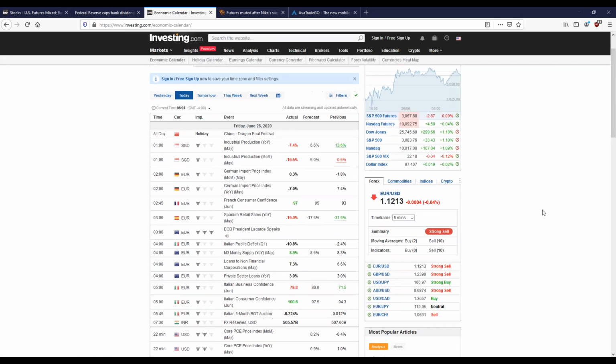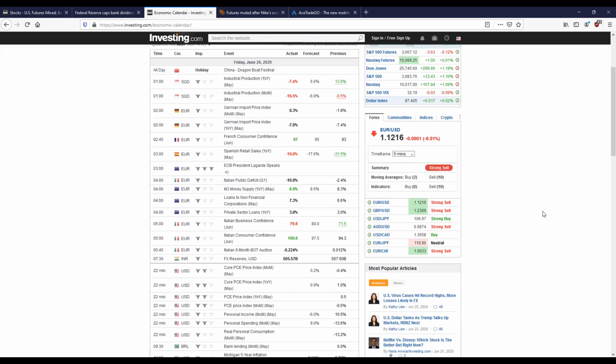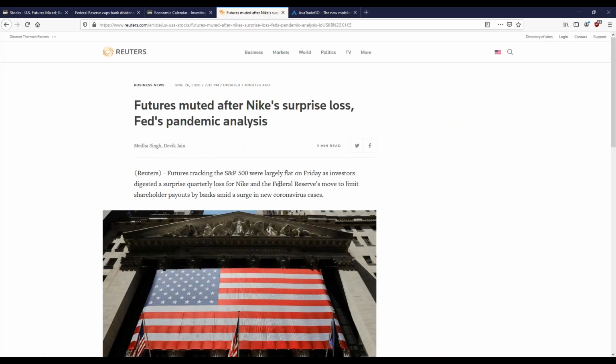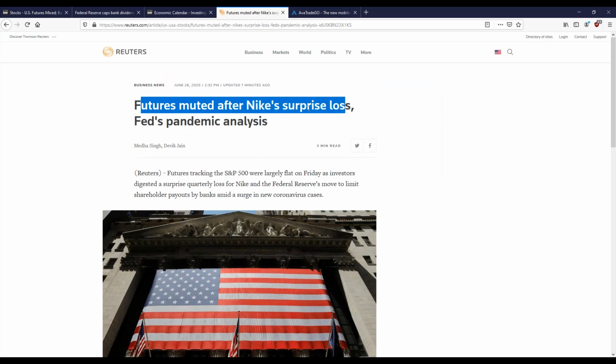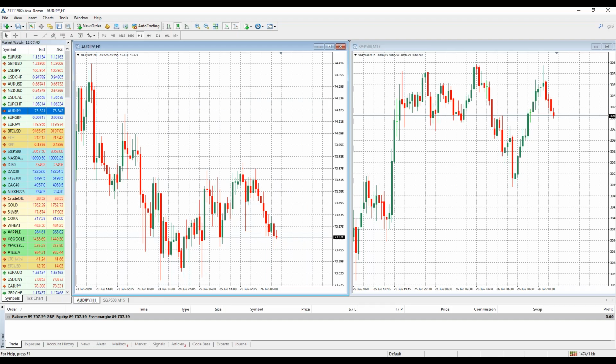As we look at the volatility index, it's been pretty flat, and the futures are mixed, a little bit red, a little bit green. So the markets are kind of on the fence right now, trying to find direction. It does seem that there's a bit of fear trying to build in the markets, though, as we see some of the bigger headlines that are going on. And so there's a kind of a bad news story for Nike. They had some surprise losses that were reported, so that's weighing a little bit on the stocks as well, on the indices. And so with that in mind, then we go and we take a look for some potential entry